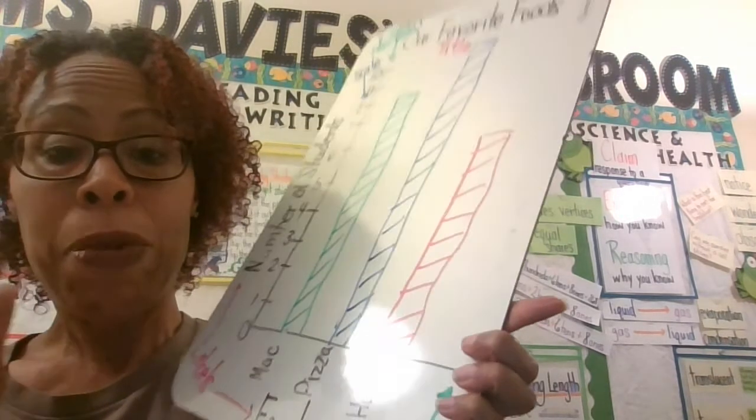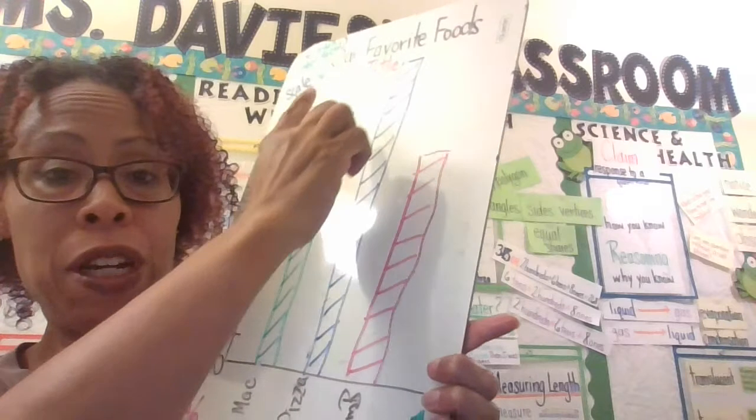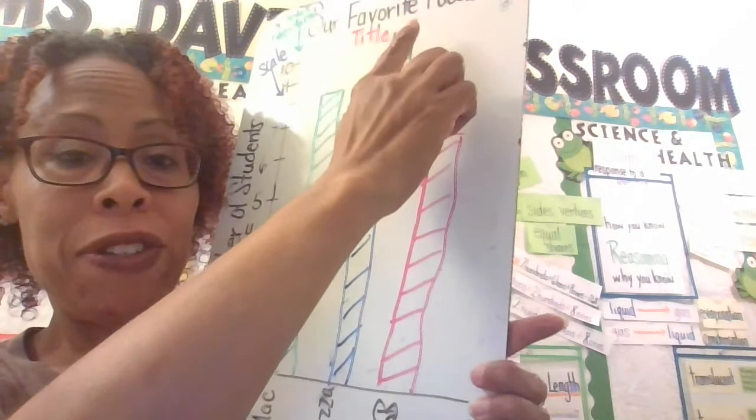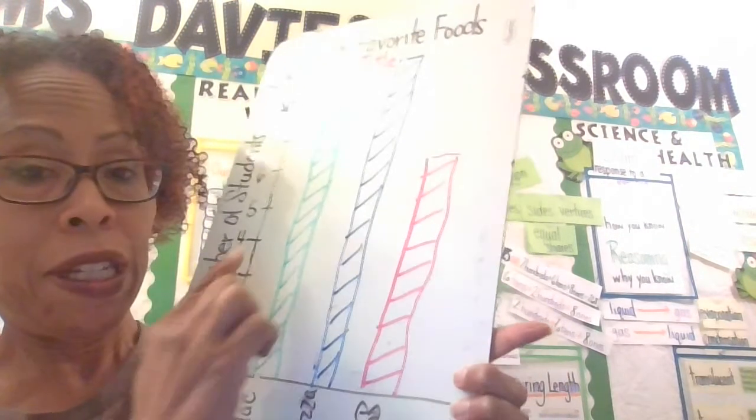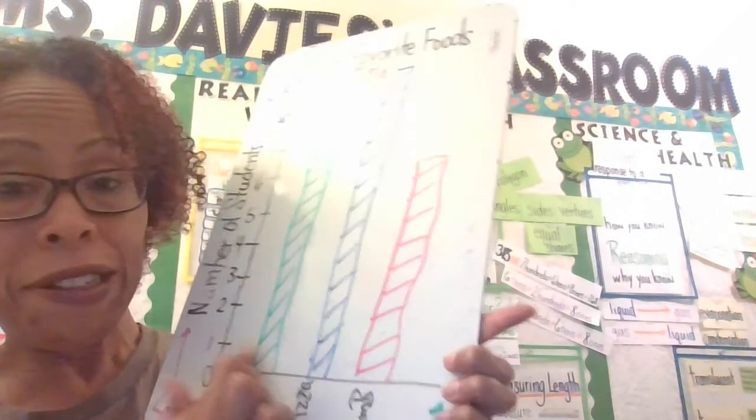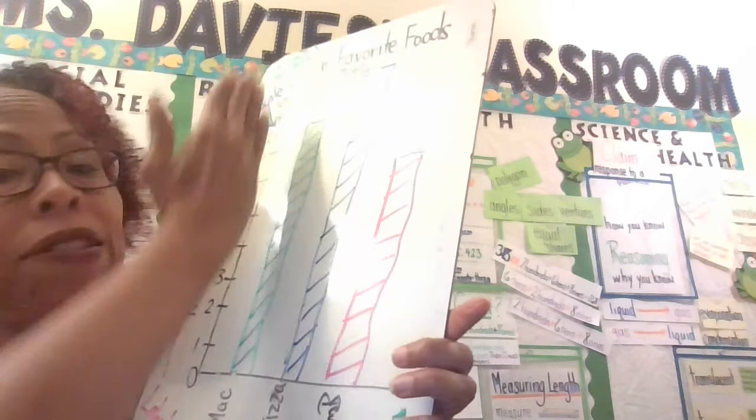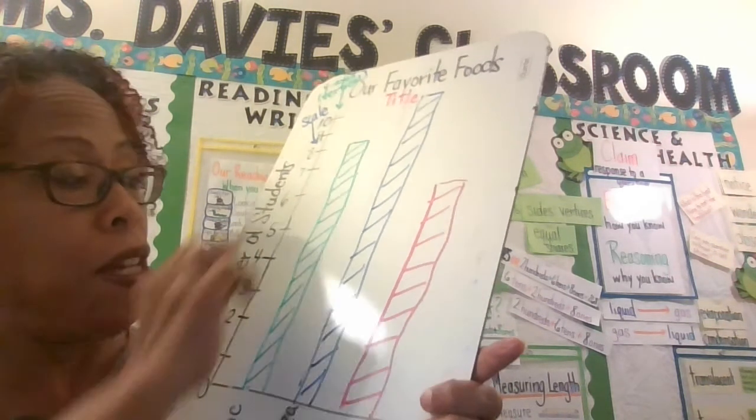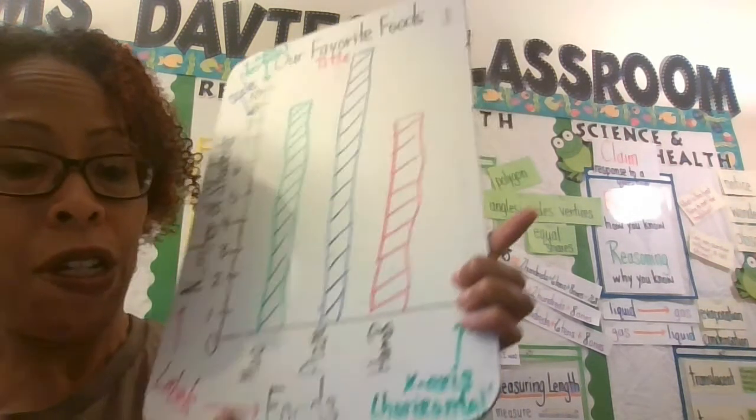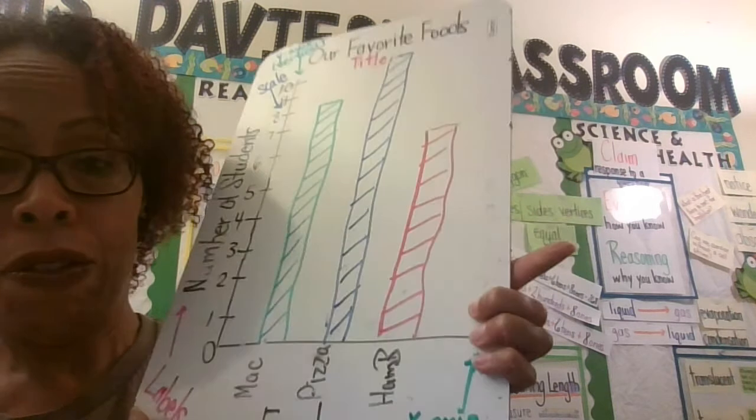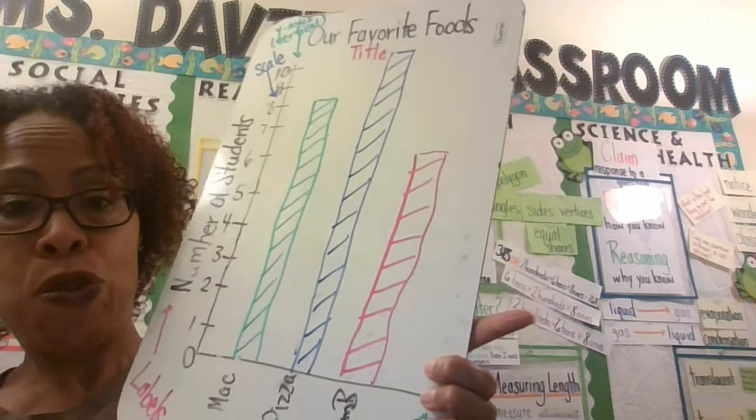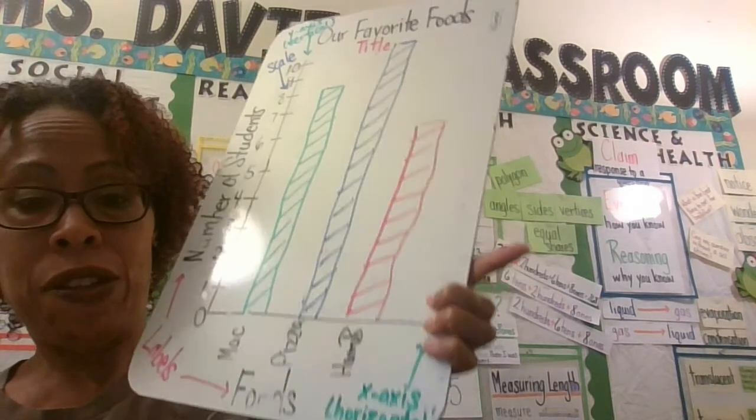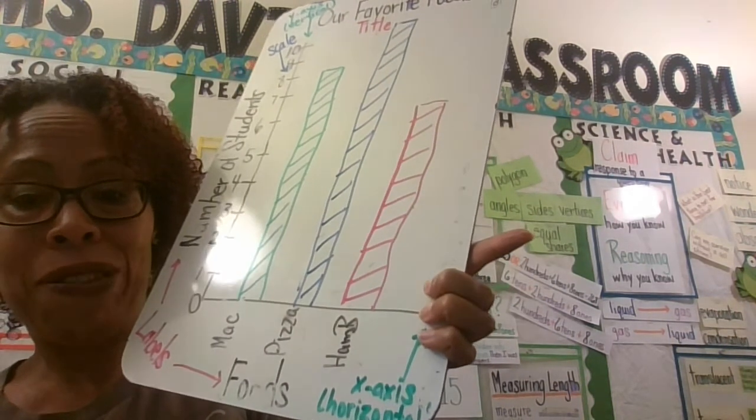Anyway, as a reminder, in a bar graph especially, we always have a title, labels, the x-axis, which is horizontal, the y-axis, which is vertical, and the scale, which are the numbers. Okay. So make sure that your bar graph has all of these components. We look forward to seeing